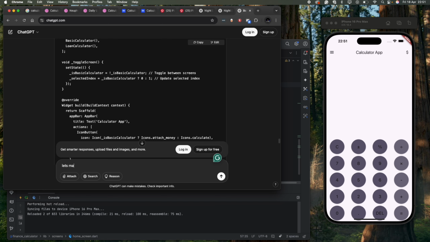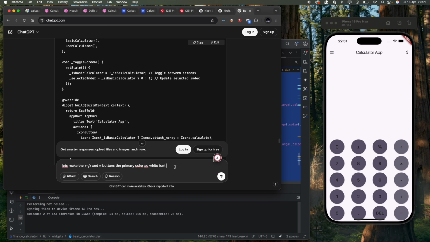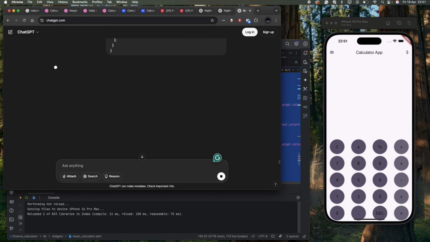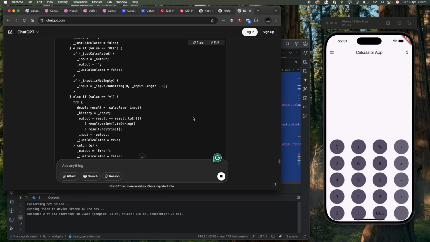Let's make the plus, minus, divide, times, and equal buttons purple, or the primary color, and white font. And then I'm just going to go to the basic calculator, take that and toss that in there. And then I believe we are done, and we are calling it a night for this series